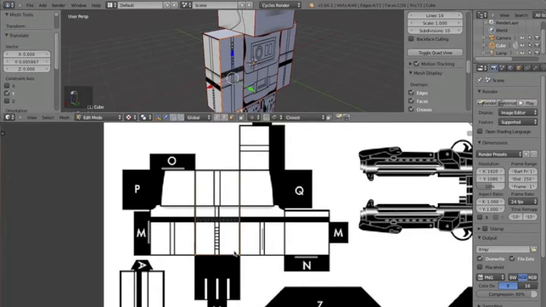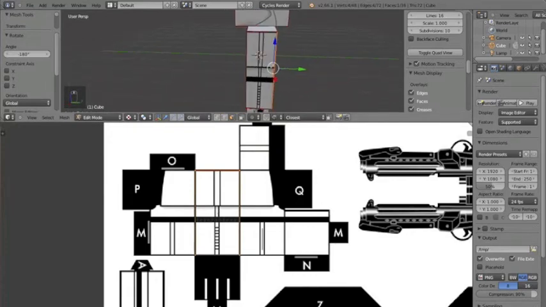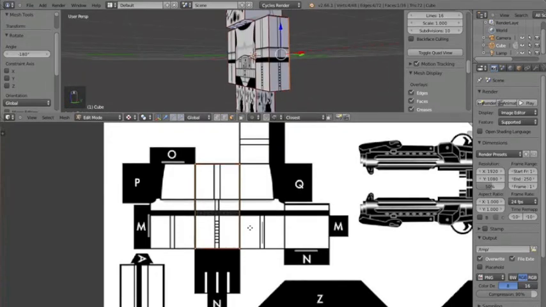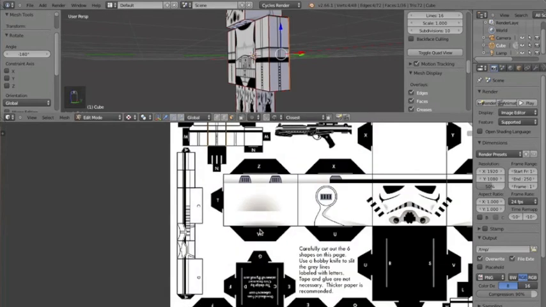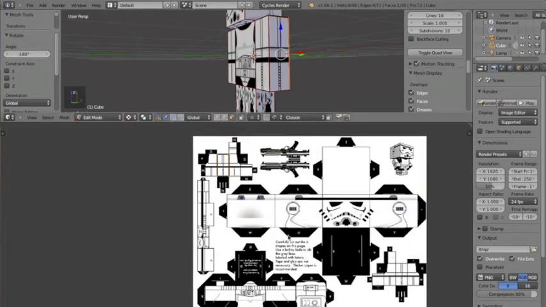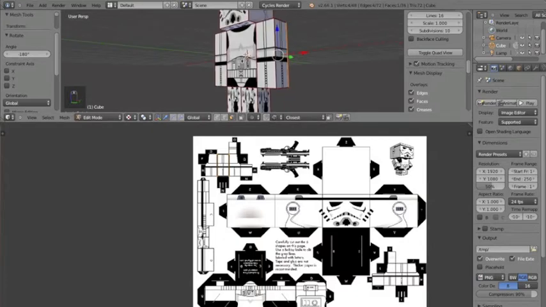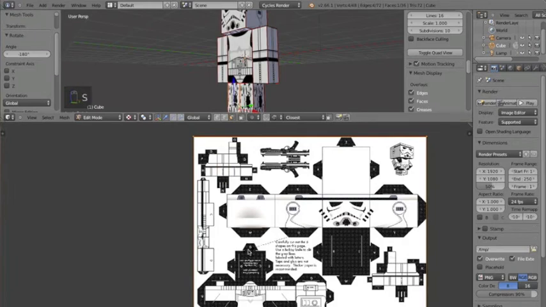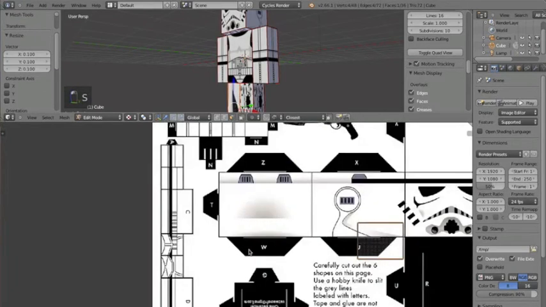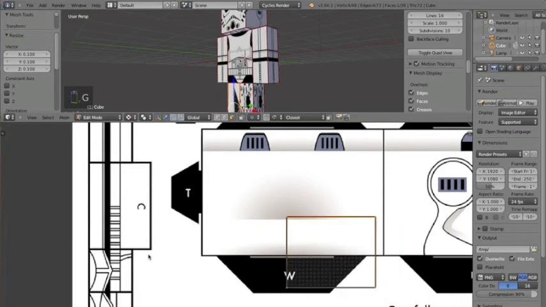Oh, upside down again. So select it all, rotate 180. There we go, that looks pretty good. So now for the legs. Now this is slightly different, but size 0.1, and then grab,